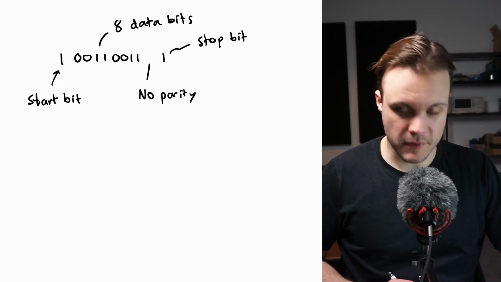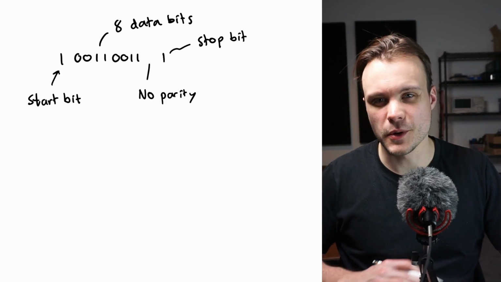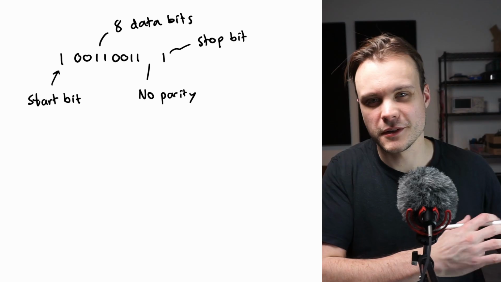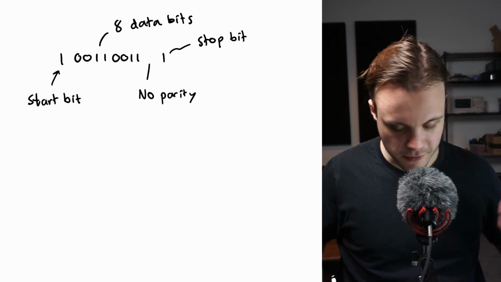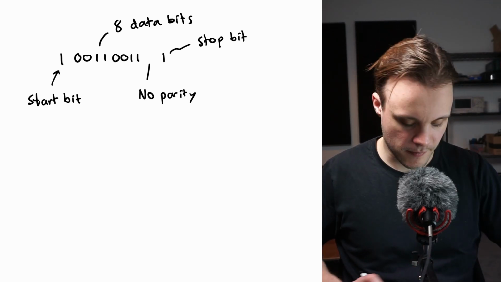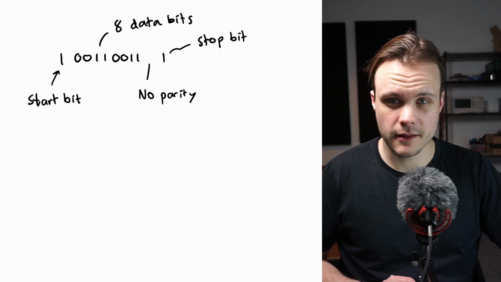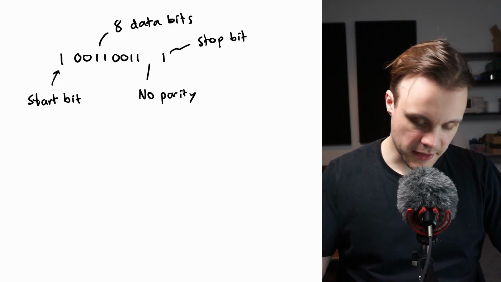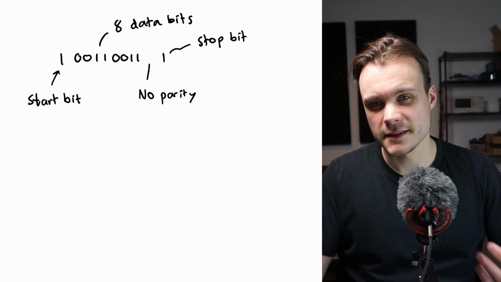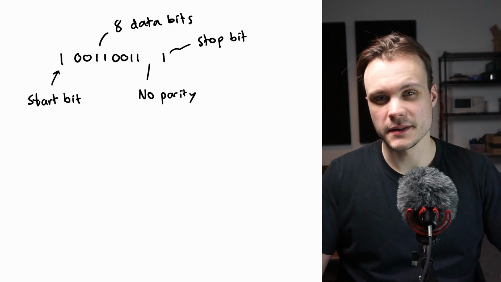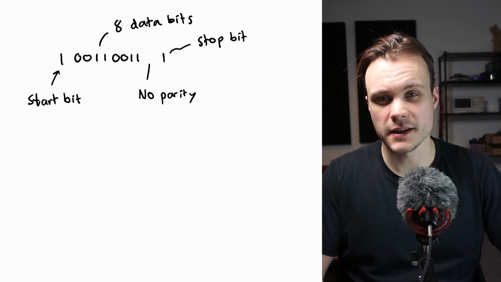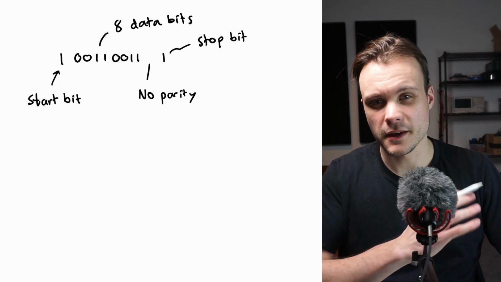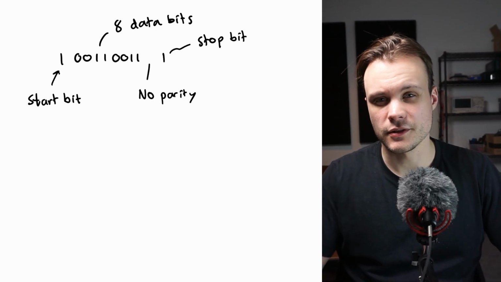And a parity bit can be used to make the communication more reliable, because when you're communicating over an electrical line, there are always going to be some sources of errors, so there's always the risk of getting a bit error, and the parity bit can be used to detect that. And finally, the stop bit is used to mark the end of the message, and you can configure several stop bits, and similar to the parity bit, several stop bits can also help with making the communication more reliable. But overall, I found that this configuration works for my use case, and I haven't noticed any transmission errors,